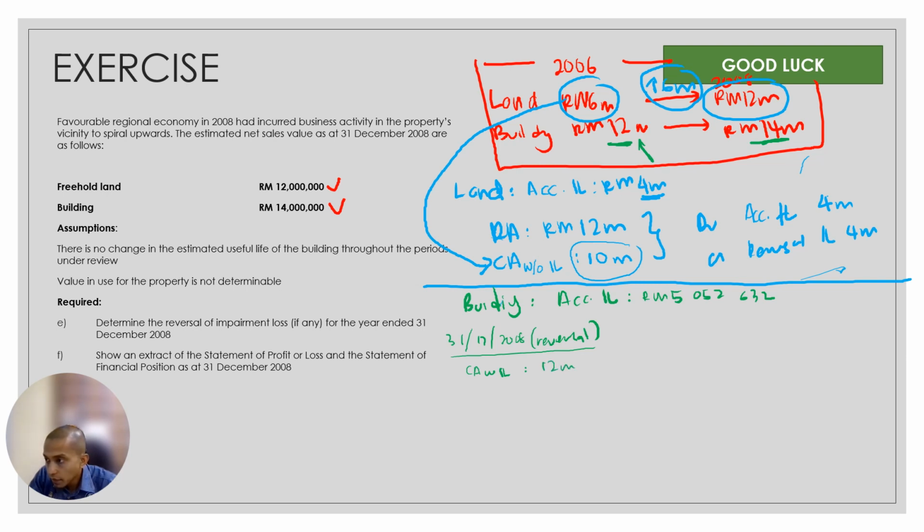So 12 million less 12 million divided by the remaining useful life after 2 plus 2 years, which is 36 years. Why 2 plus 2 years? Because just now we started on 2002 and 2004, 2004 and 2006. So now it's already 4 years, so we multiply with another 2 years because 2006 to 2008 is another 2 years. So now we get